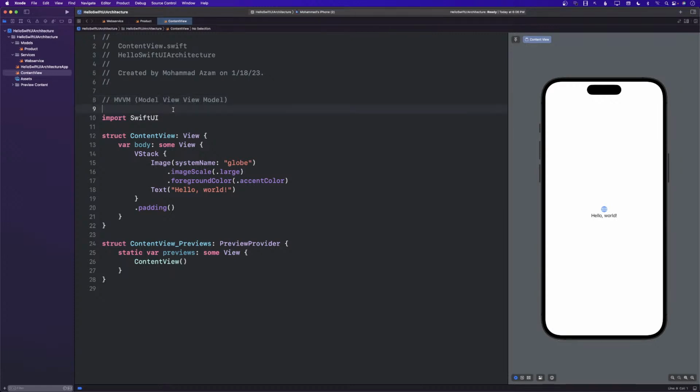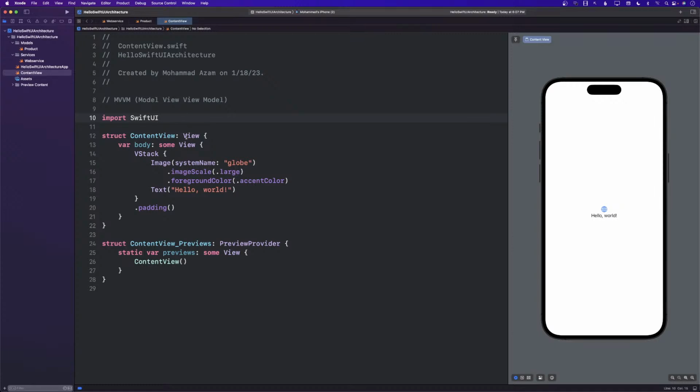All right. In this case, let's start with the view. The view is whatever you see on the screen. The view model is responsible for providing the data to the view so it can display. And model usually refers to where you have business logic. But in our case, we don't really have any business logic since we are simply getting the data from the API and displaying it on the screen. It's just a client, meaning a SwiftUI app, simply displaying some data returned as JSON. That's pretty much it. So no business logic.